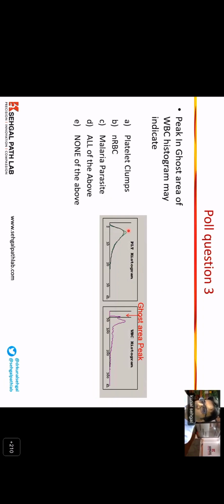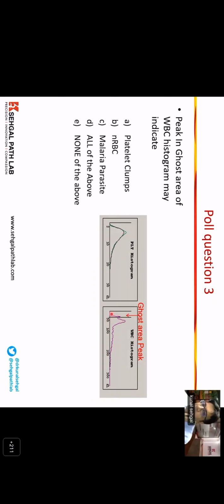In the histogram, see the size in a WBC. The platelet histogram ends at 20 femtoliters. The WBC histogram starts from 50, correct. So the platelet clumps, which are very large and come between 20 and 50 femtoliters, can come in the